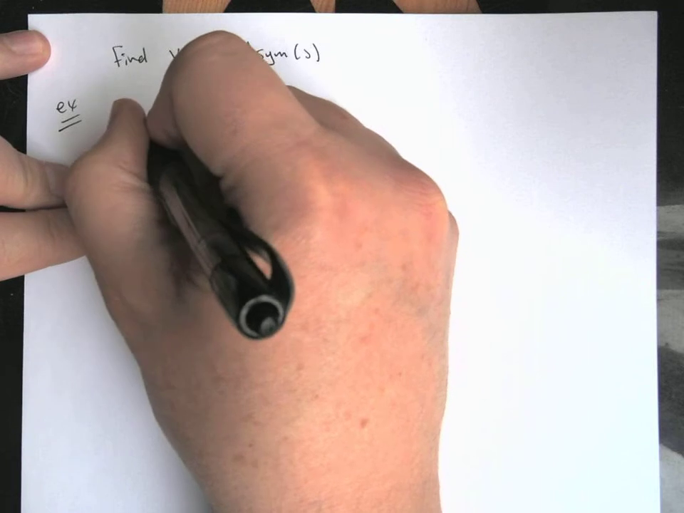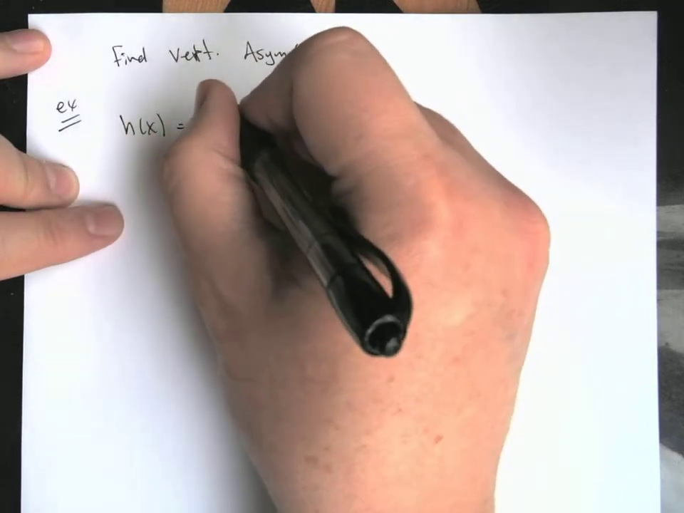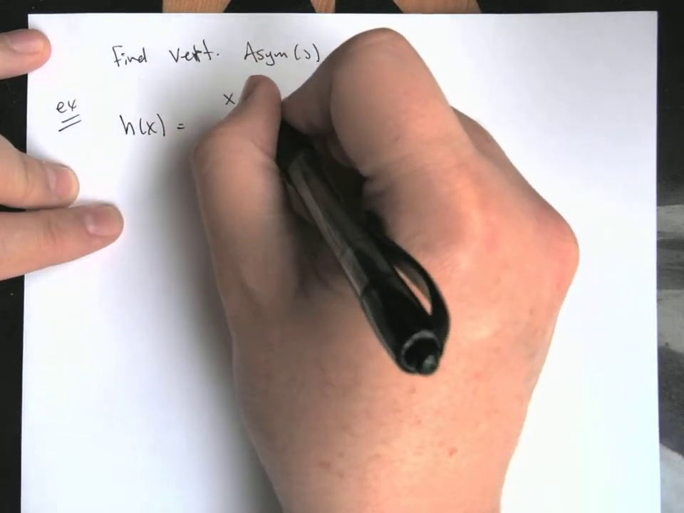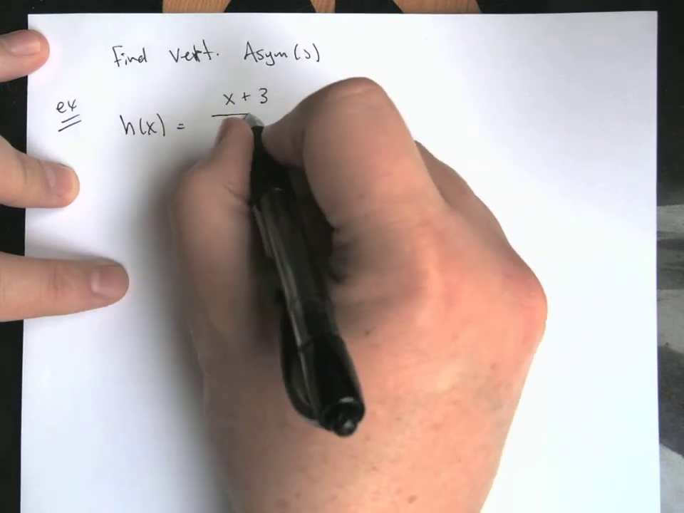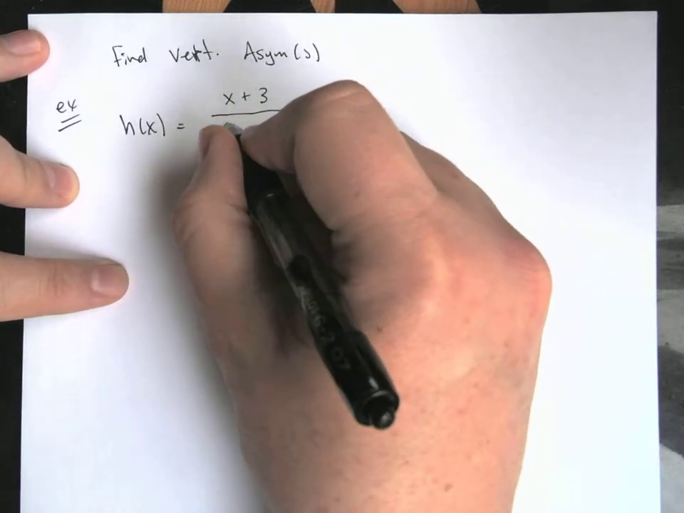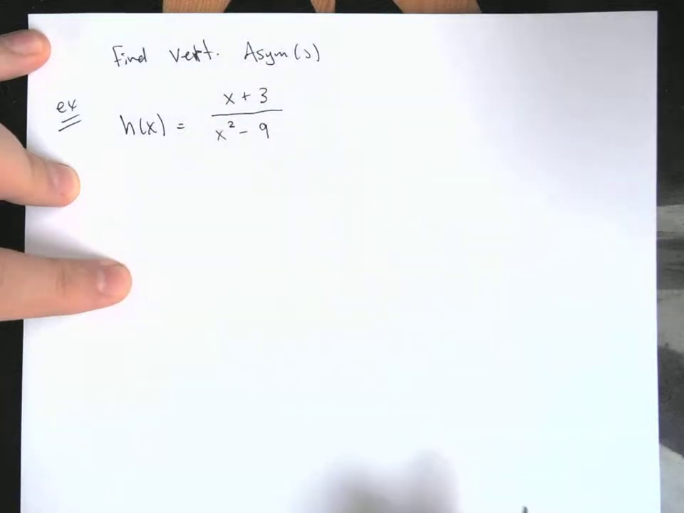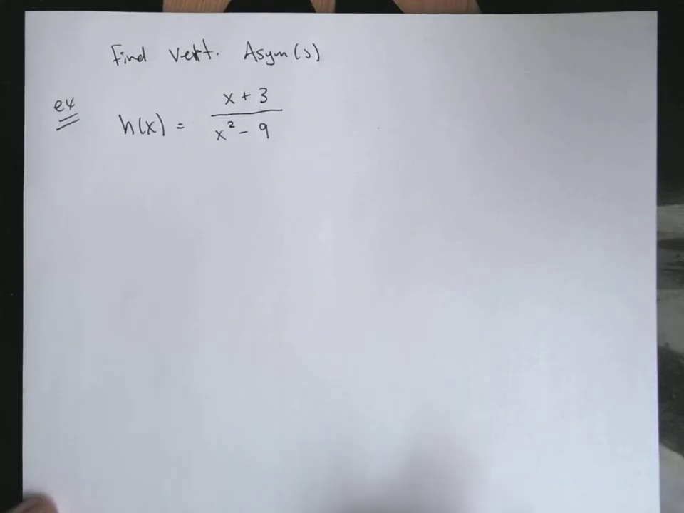So let's do h of x. I'm going to do a pretty similar function. What did we just have? x plus 3 over x squared minus 16. I'm going to set us up where instead of x squared minus 16, let's do x squared minus 9. So I'm on purpose setting us up so that when we factor,